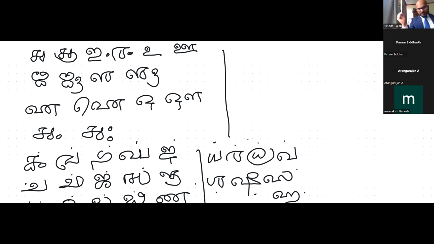Say, we want to write, say, Devi. Right. Let's say I want to write the word Kali, becomes Ka, Li, Te,